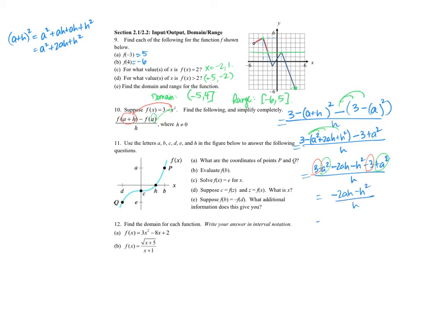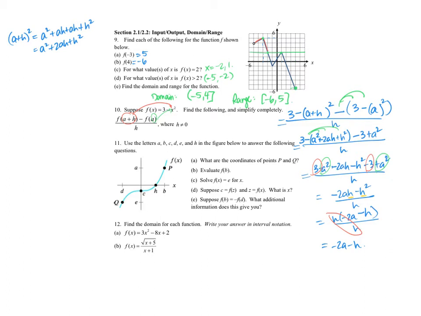all that's over h. Notice that I have a common factor in the top. I have an h that I can pull out. So I can pull out an h, and I'll get negative 2a minus h over h. And then here I can see that that h over h divides to make 1. So I'm just left with negative 2a minus h. So that's the answer to number